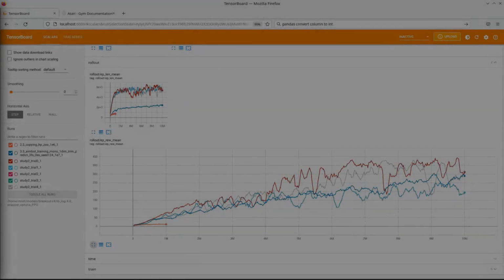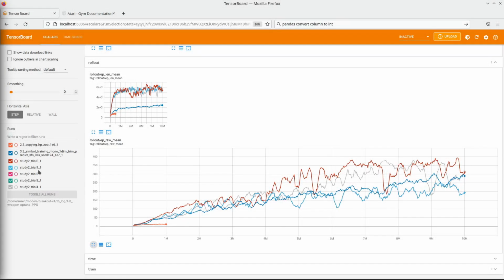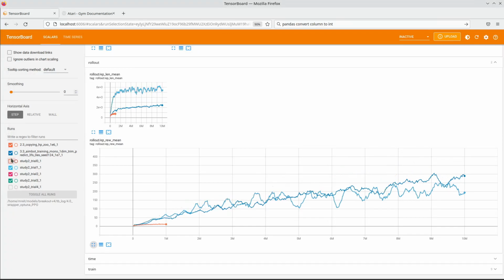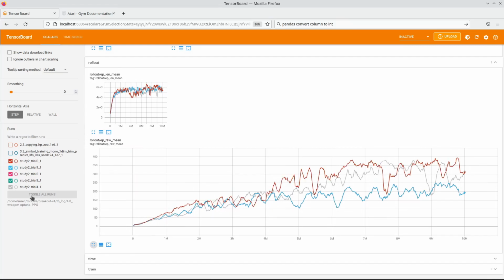Now, finally, the rest of the trials have finished. Trials 1, 2, and 3 are the same one. They run with the same parameters, so they all have exactly the same curves, which is kind of boring. But at least we have trial 4 and trial 0 as well, so we definitely have 3 different trials that went for the full 10 million training steps. So let's compare it to the